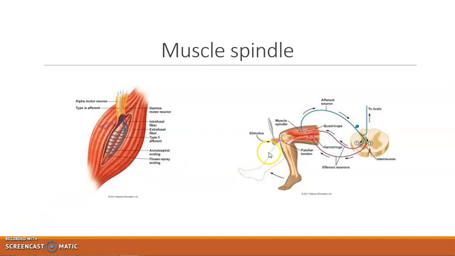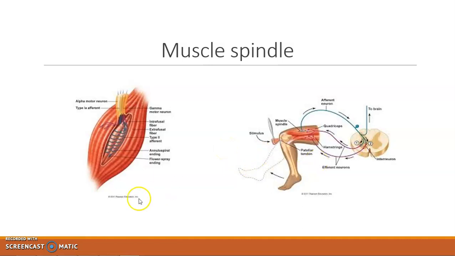So as an example, when a doctor hits a knee with a little mallet, he's hitting a tendon on the front of the knee, which pulls and stretches the quadricep muscles and lengthens it. The muscle spindle then sends an impulse to the spinal cord as it's been stretched. The spinal cord then sends one immediately back to the hamstring to inhibit its contraction and lengthens. This pulls on the tendon around the joint to shorten the quadricep, and at the same time pulls the lower leg portion out into extension, as shown here. So the leg comes up